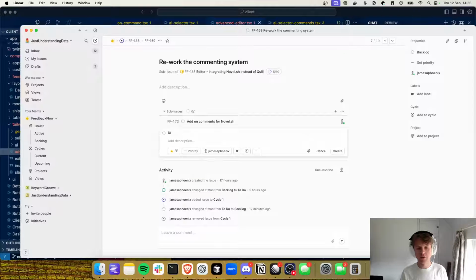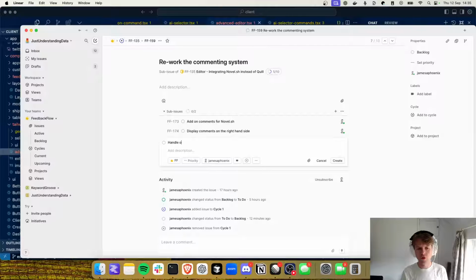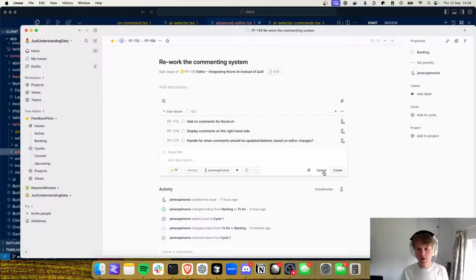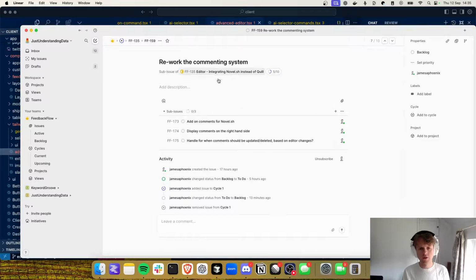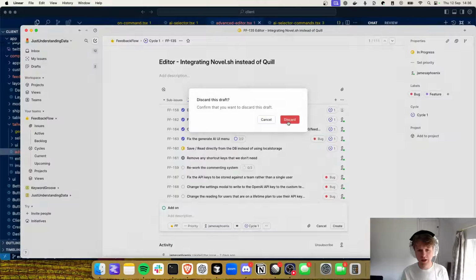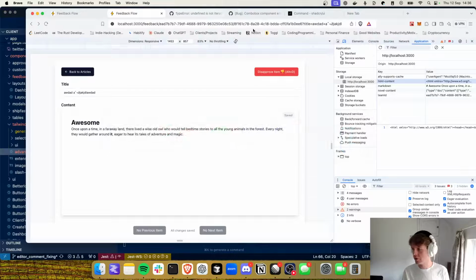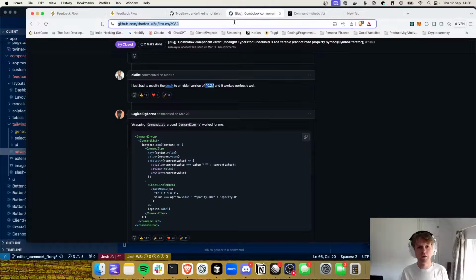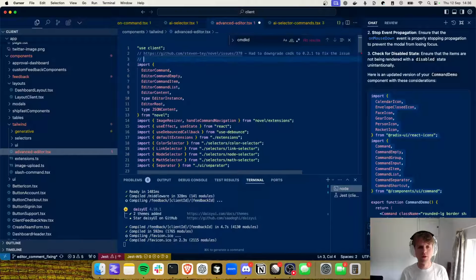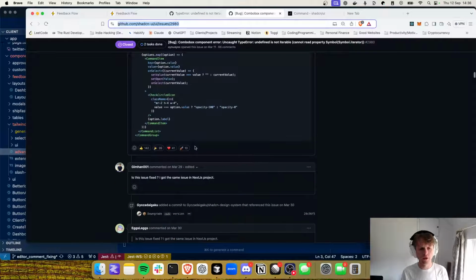And we also need to display comments on the right hand side, handle for when comments should be updated or deleted based on editor changes. Okay. So I think those are the main important tasks. So if we can do the reading and saving from the database, instead of local storage, then that will be good. And I think the other thing that we'll want to do is we will want to